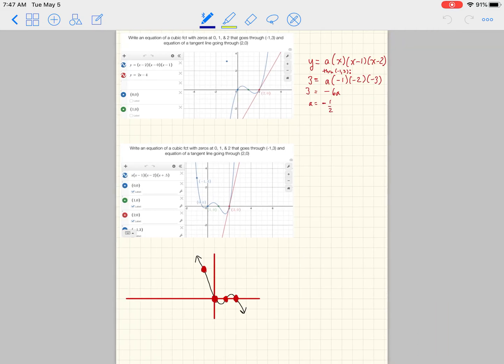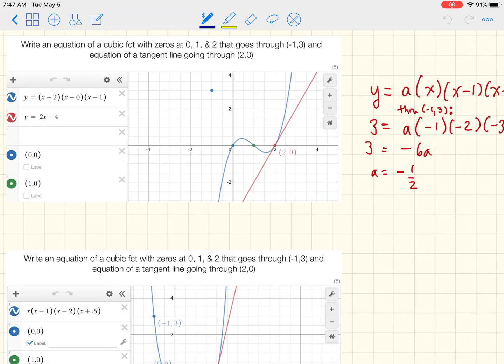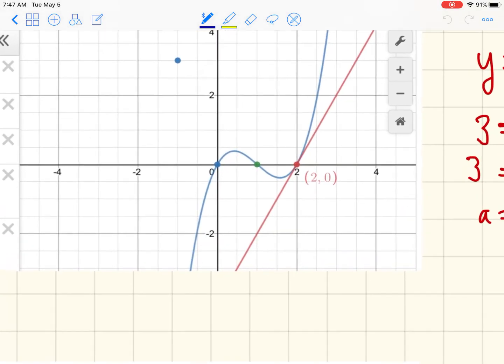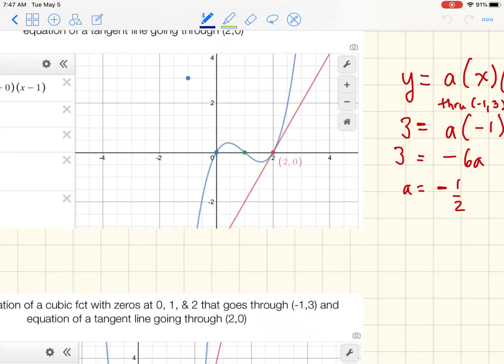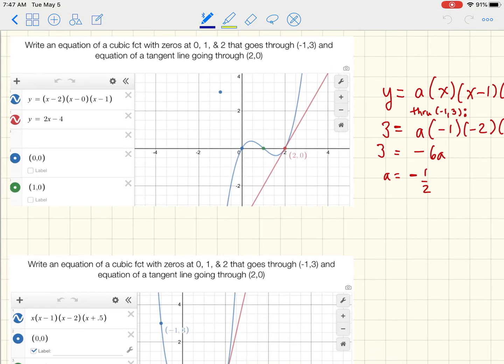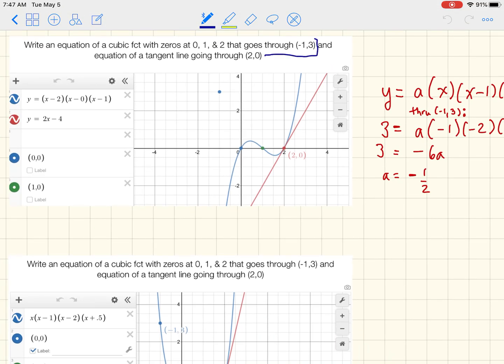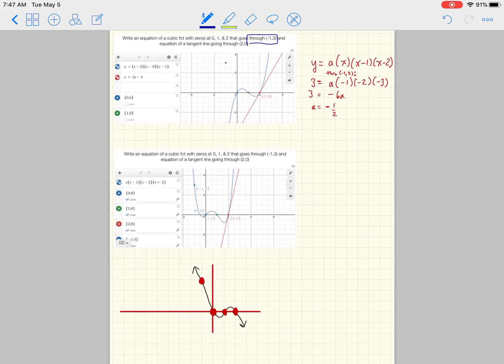Here, we were writing the equation of a cubic with certain roots, so I saw this person did it, and the tangent eyeballed to be nice, so I was trying to figure out why it was wrong. Well, that's because this person didn't make the problem go through (-1, 3). So to get it to go through (-1, 3), you're going to obviously use that A trick. Really, the parameter of finding A is plugging in x and y temporarily. So we get that it's -1/2. So basically now,